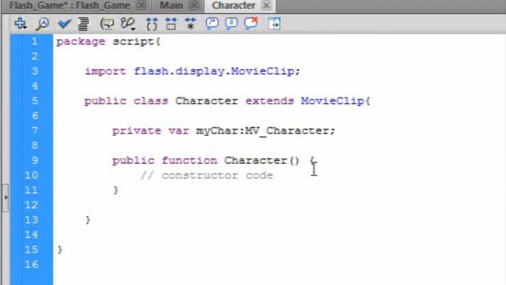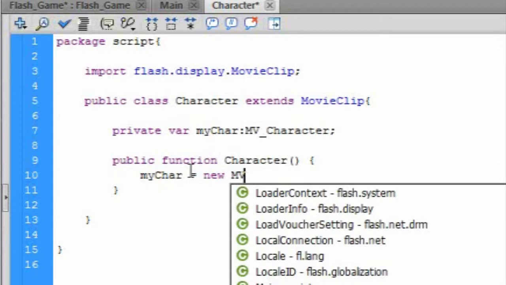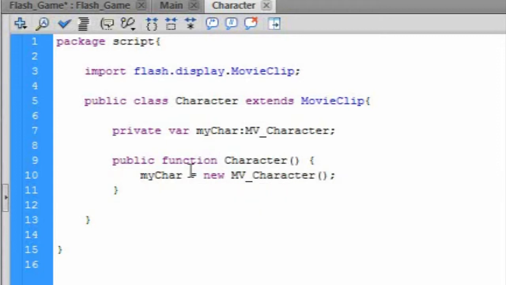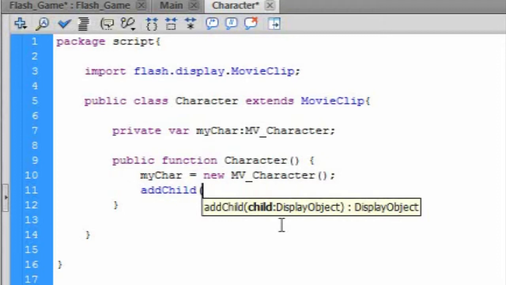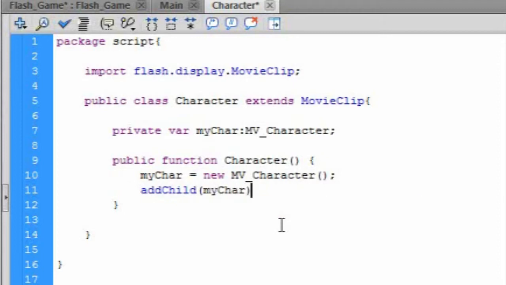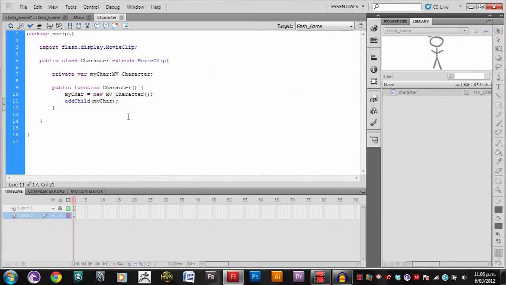Now go down to public function Character and write myCharacter equals new MVCharacter. We also need to add the character to the stage, so we type addChild(myCharacter). Awesome. So now if we press Control Enter to test,